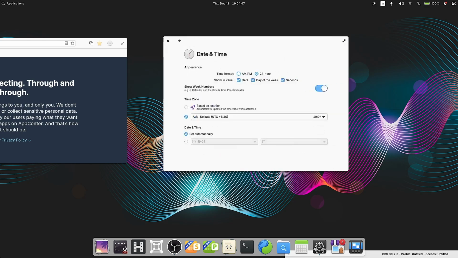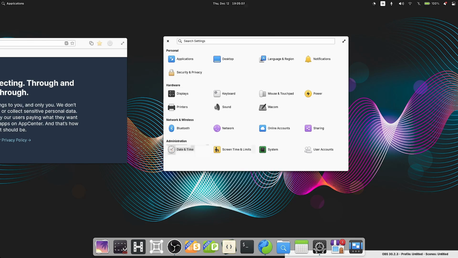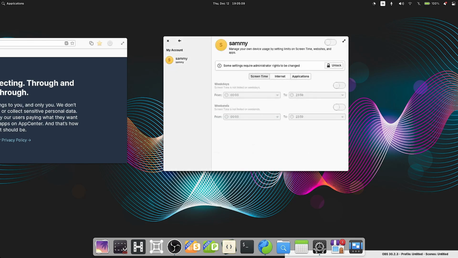Then these are the typical day, date, time settings. You can change the time format, you can show the time differently in the panel. You can show the week numbers, you can change the time zone, you can set the date and time in automatic mode. Then these are the screen time limits, so you can specify how much time you want to spend